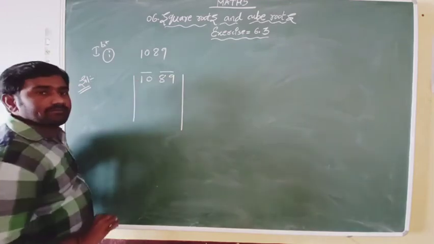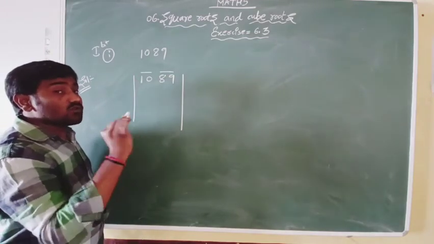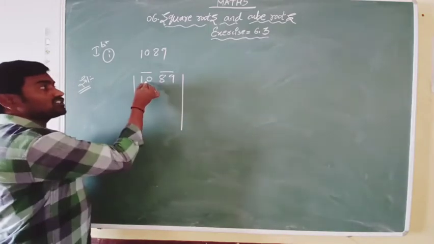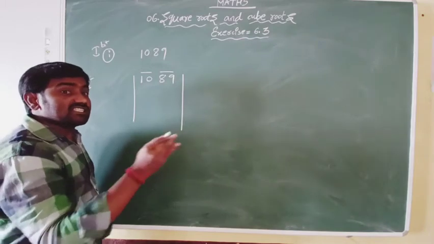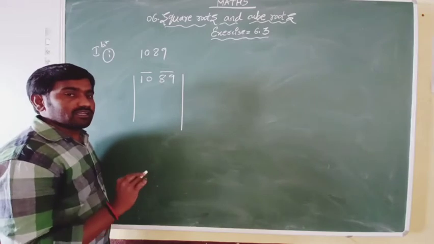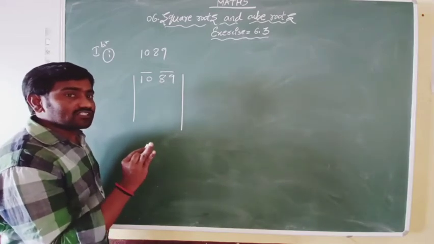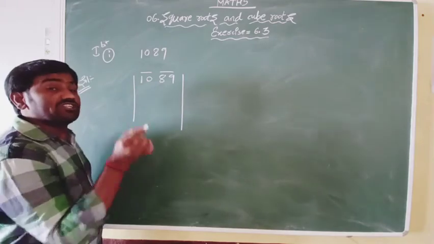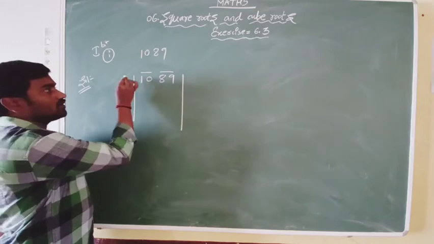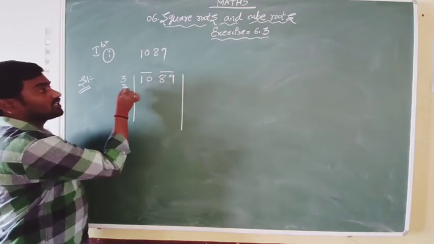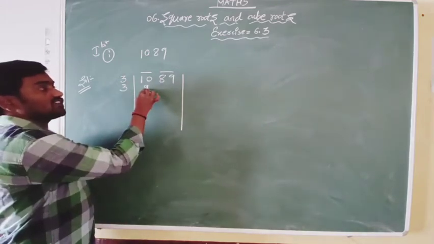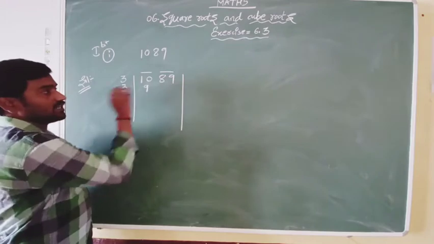See, here there is a 10. We are finding square roots, so we have to remember the perfect squares. 10 is not a perfect square, but less than 10 there are some perfect squares that we need to remember. Yes, 9 is a perfect square less than 10, and it is nearest to 10 also. We have to find the nearest perfect square. So here 3 threes are 9, and this 9 is a perfect square less than 10.